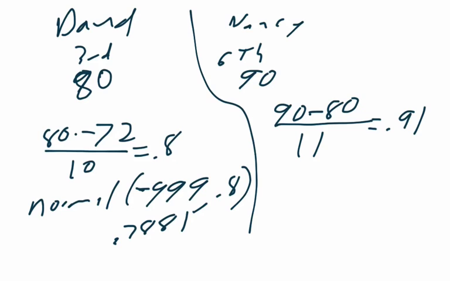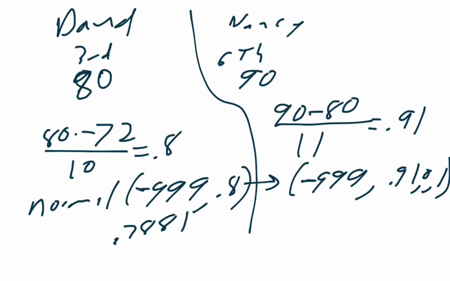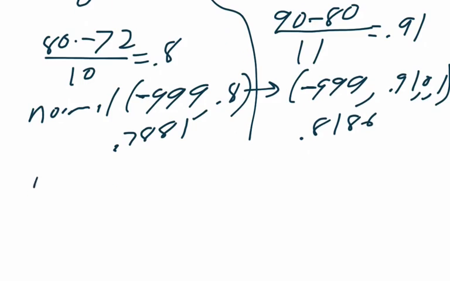Look it up on the table or do normal CDF from negative 999 to 0.91. Mean of 0, standard deviation of 1 as always. And we find out that the answer is 0.8186, which means Nancy